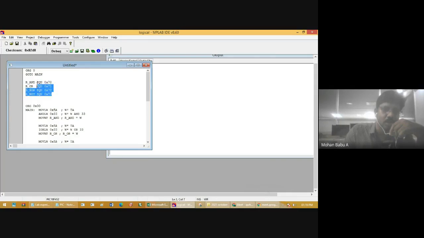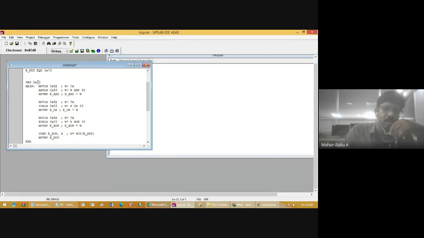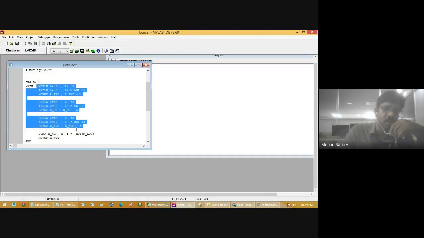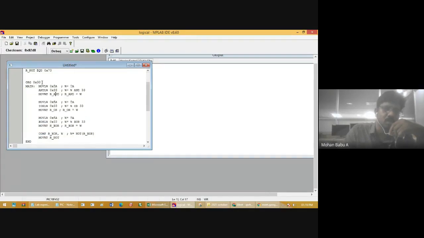The file registers are R_AND, R_OR, R_XOR, and R_NOT. These are the registers I am using in this program to store the result for logical AND, logical OR, logical XOR, and logical NOT. The addresses are 70, 71, 72, and 73. And org 0x30: this set of program will start storing from location 0x30.